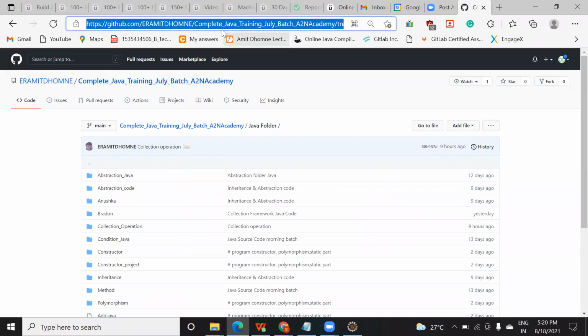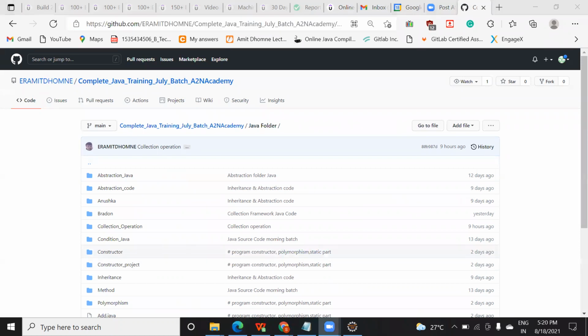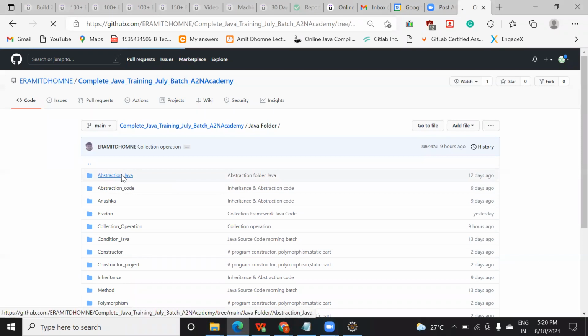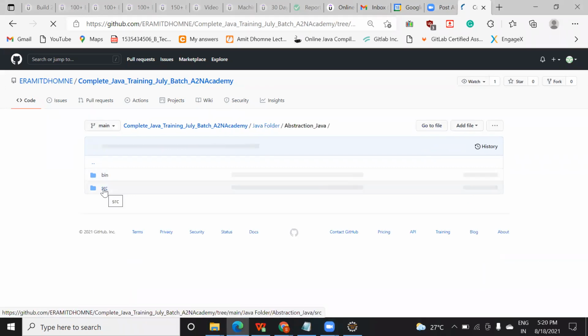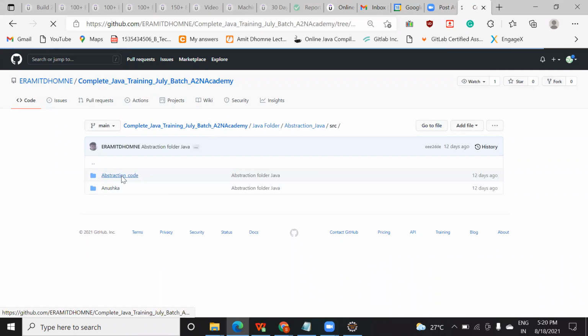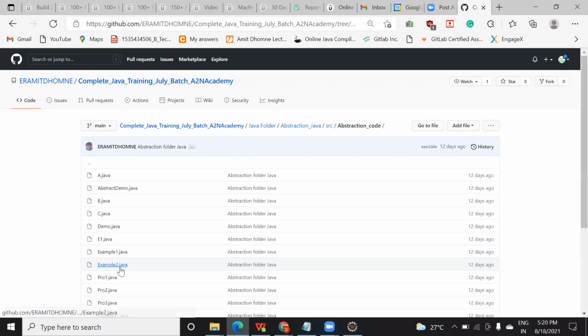So this is a link. This link you just copy right now. This is the link. Last time also I shared this link on the chat. Copy this right now and keep it with you and practice the code. All the folders are there based on their name. You can get the files, different Java files. If you click on this src, you can get this code. Each folder will have certain files. So based on that, daily I will tell you whenever we have a session, which is the folder name.